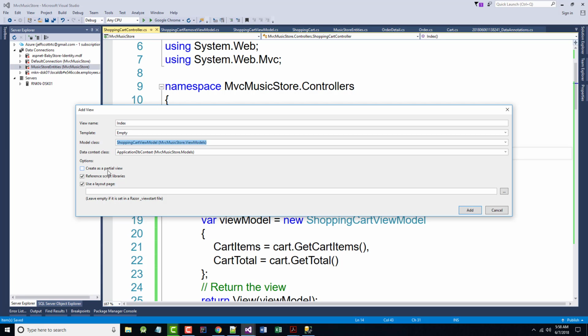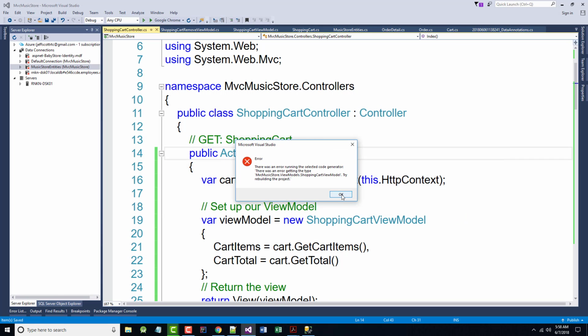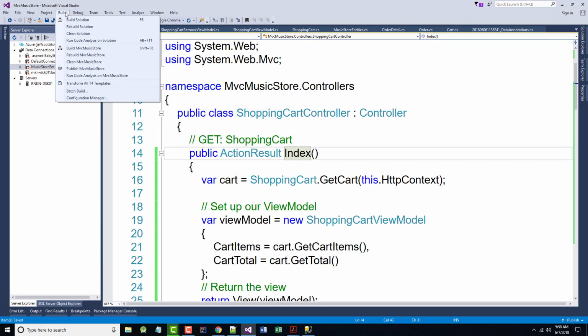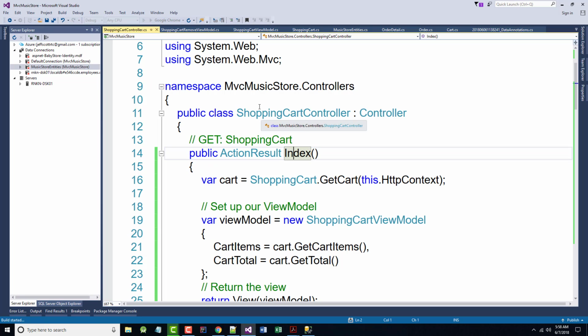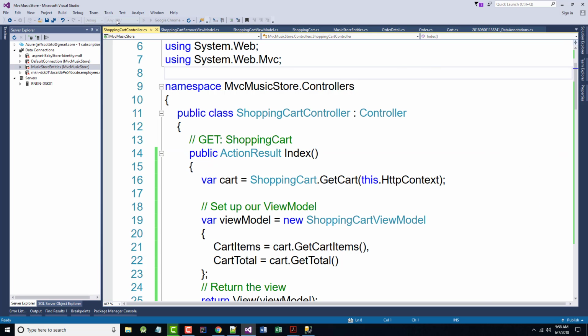We don't want to create it as a partial view. We want to use a layout, possibly want to reference the script libraries. Okay, I think that's everything. Okay, there was an error here. It says try to rebuild the project first. Well, we've gone down this street before. So build, rebuild, or I could do a build just like I did. Once the green arrow comes back again,